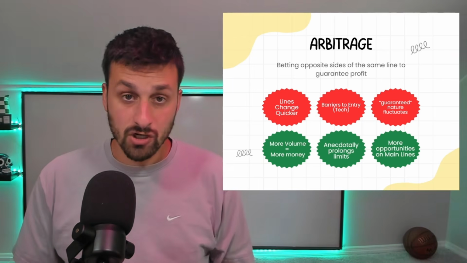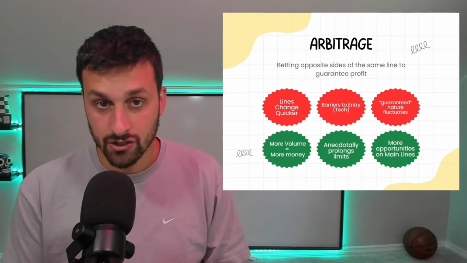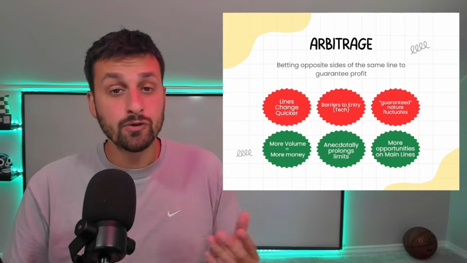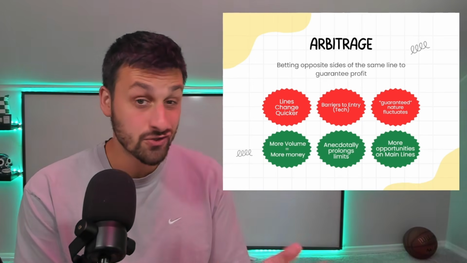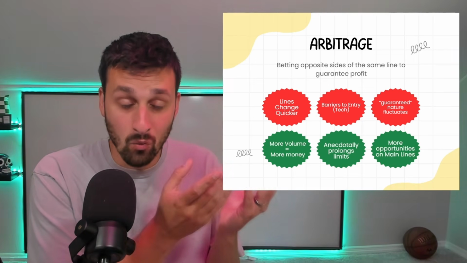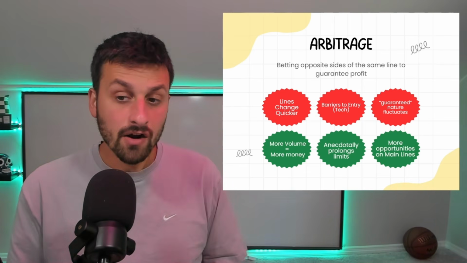The best thing about arbitrage betting is it's guaranteed money. However, that guaranteed nature does fluctuate when you're doing it live. It's possible to bet one side of the market, go to bet the other side, and see the lines change. When that happens, your arb is gone, and now you're left with one open side. What do you do there? We'll talk about it in the tips section. It's not all doom and gloom.